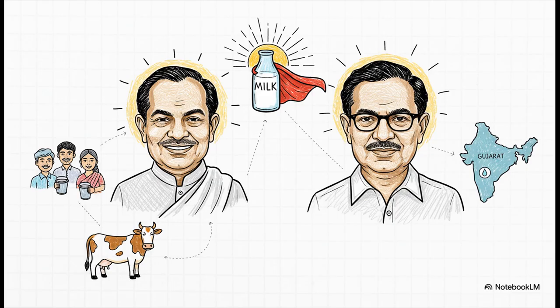You know, every great story has its heroes. And for Amul, the heroes are right here. Tribhuvandas Patel and Dr. Verghese Kurian. Please remember their names. These were the great men who helped farmers start the Amul cooperative way back in 1946 and brought about the White Revolution in India.